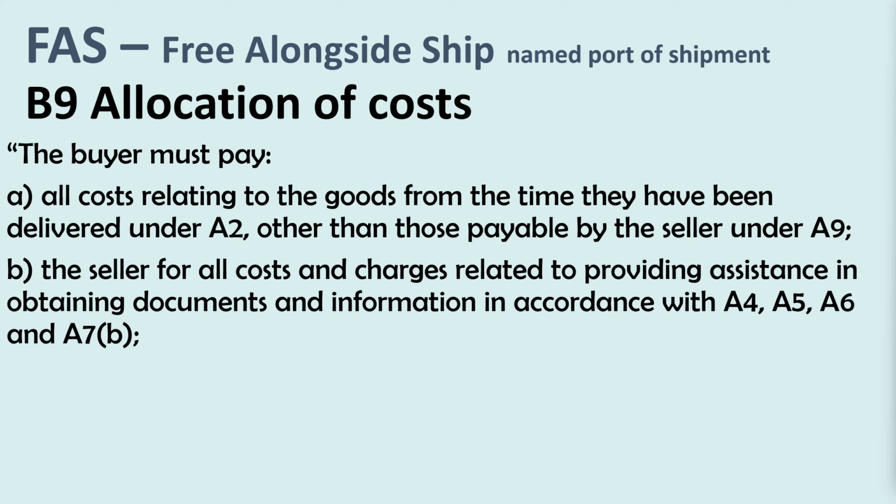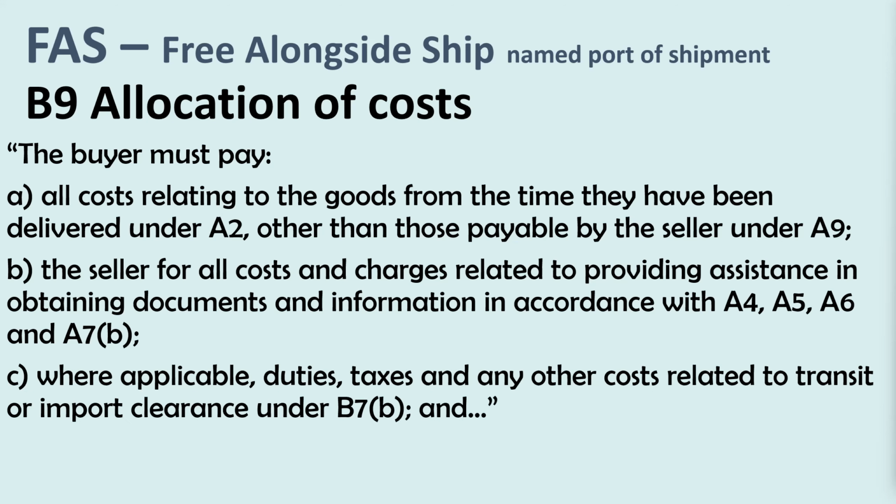The buyer must pay B, the seller, for all costs and charges related to the seller providing assistance in obtaining documents and information which the buyer required in accordance with A4, A5, A6 and A7, for example, certificate of origin, etc. The buyer must pay C, where applicable, duties, taxes and any other costs related to transit or import clearance under